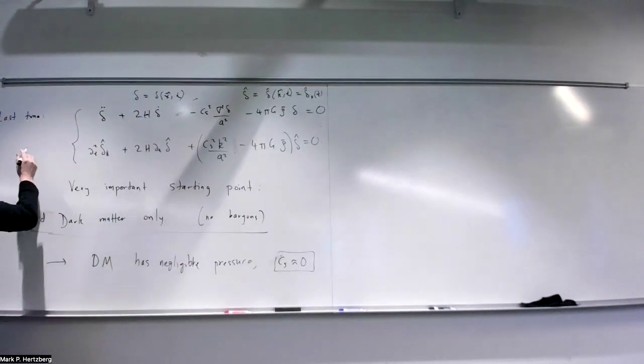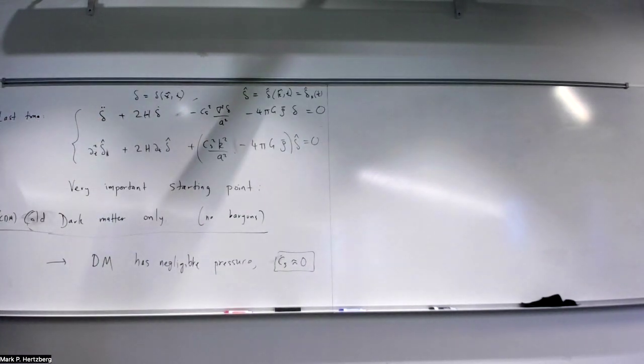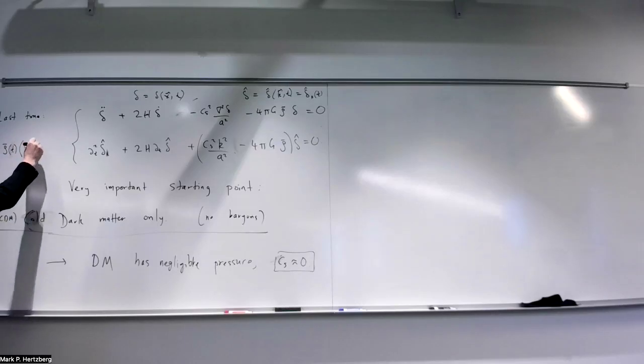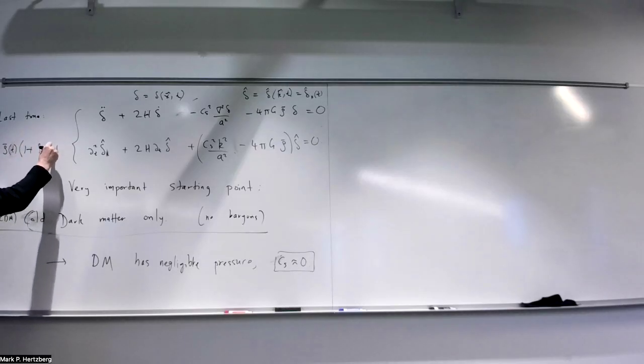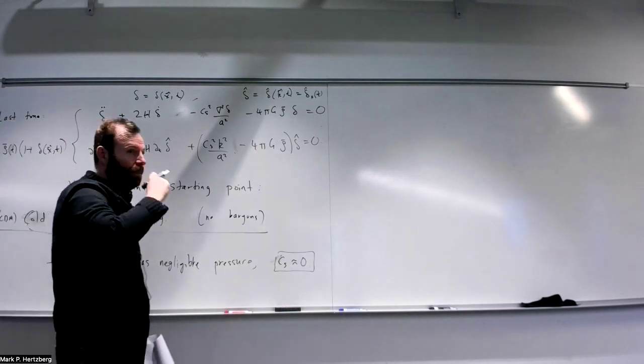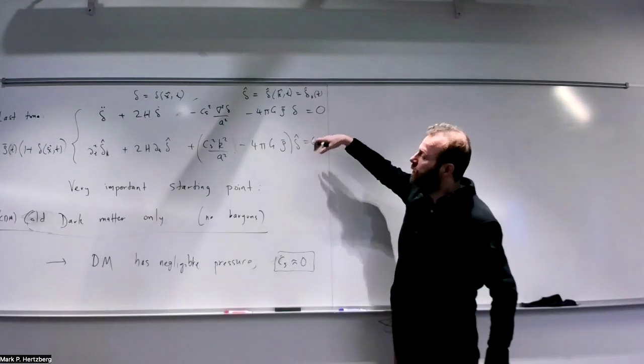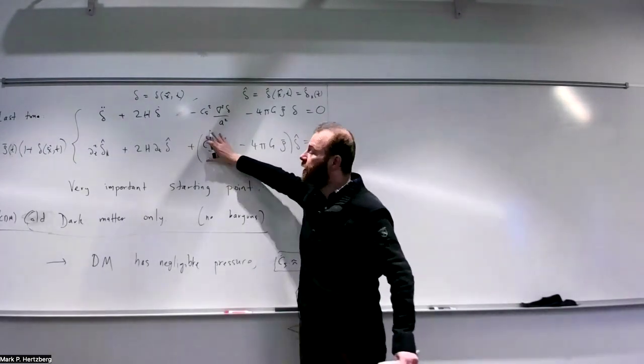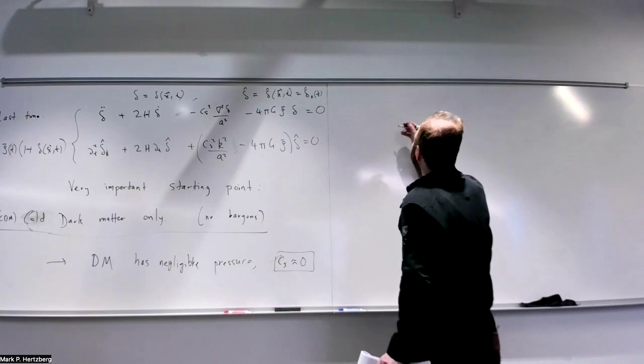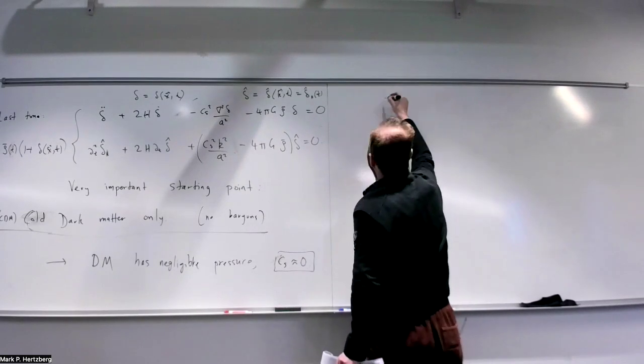And in position space, a reminder that we're writing rho as the background value, which is a function only of time. 1 plus delta is the perturbation, the fractional change from homogeneity, the density contrast. But if you ignore the sound speed, the structure of these two terms, you can see these two equations will look identical if you delete the c_s. Okay, so ignoring c_s,